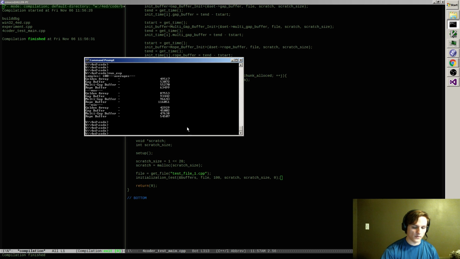Okay. So initialization. Now, there's one thing we can do that'll be a little bit fun that we're not doing right now, and that's to build optimizations on.